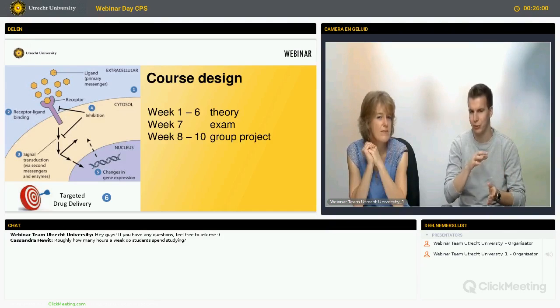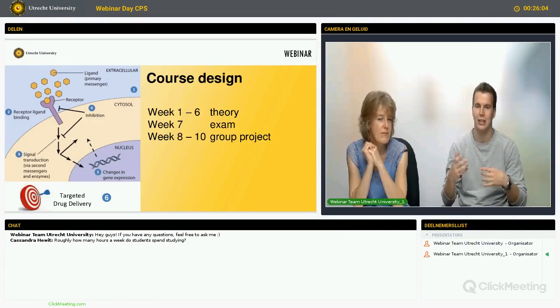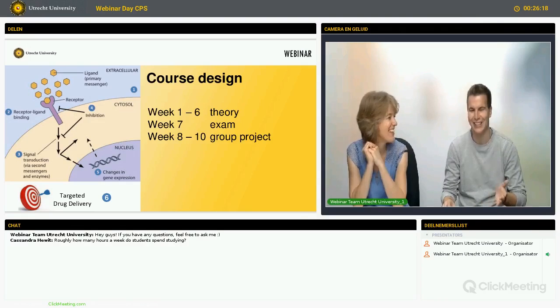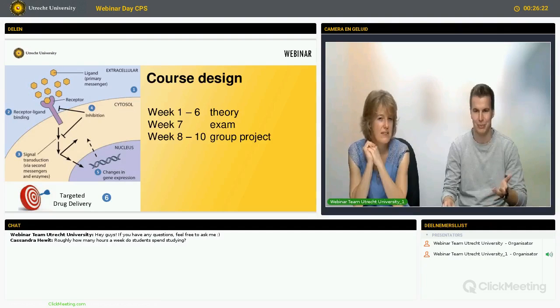But weeks 1 to 6 is all, as you can see on the slide, breaking down the different aspects of the cell, really focusing on what these do within the cell and the potential for these to be targeted in week 6. And then you'll apply this knowledge in the exam and then hopefully pass it. Yeah. And then move on with the project where you'll also use your knowledge to produce something.